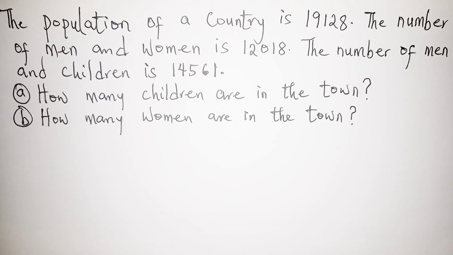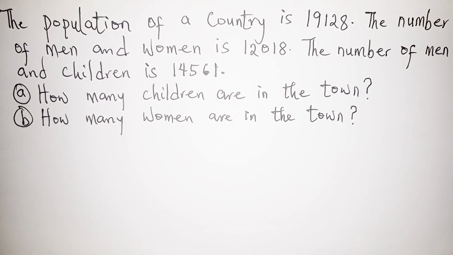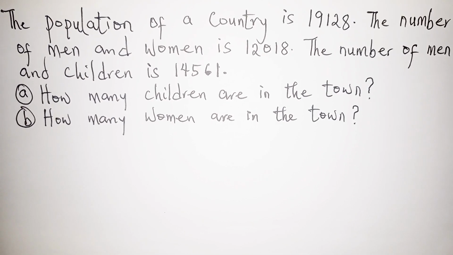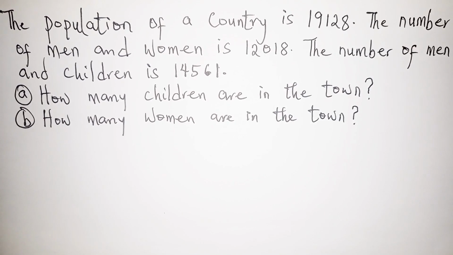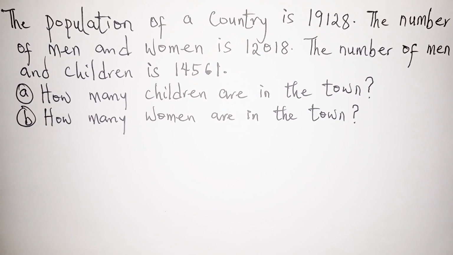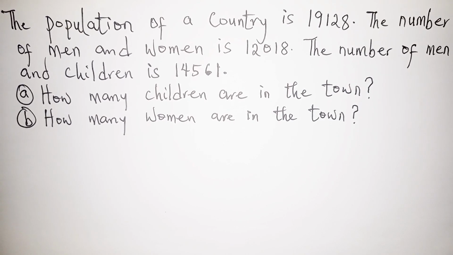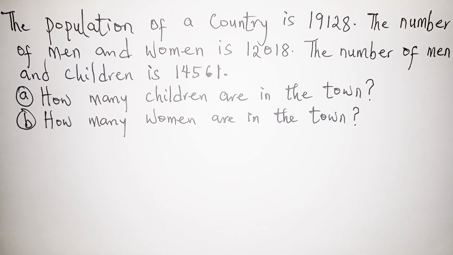Now let's take a look at this question. The population of a country is 19,128. The number of men and women is 12,018. The number of men and children is 14,561. The first part of the question says how many children are in the town, and the second part says